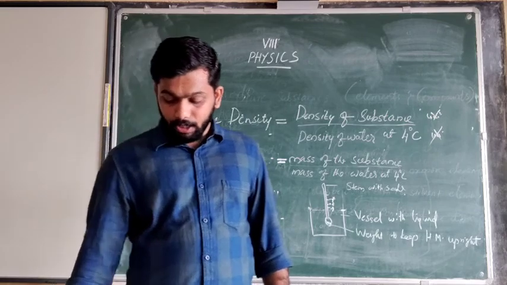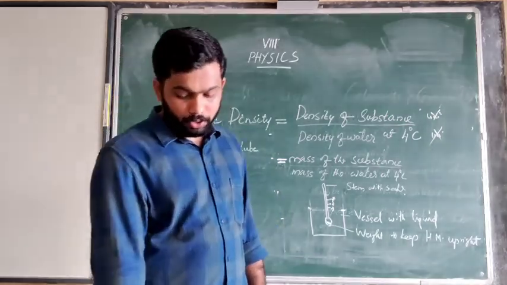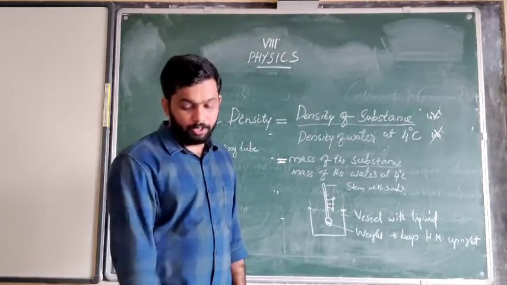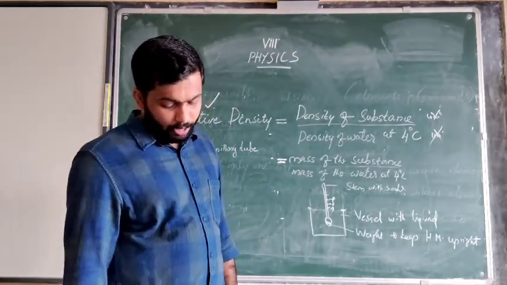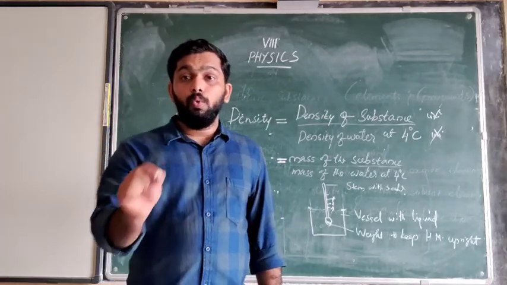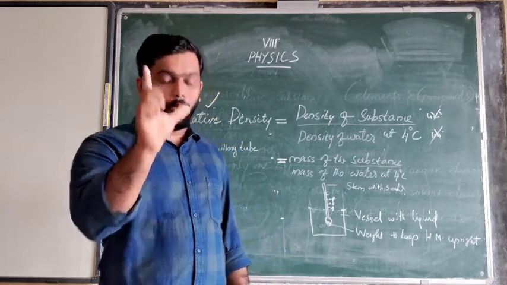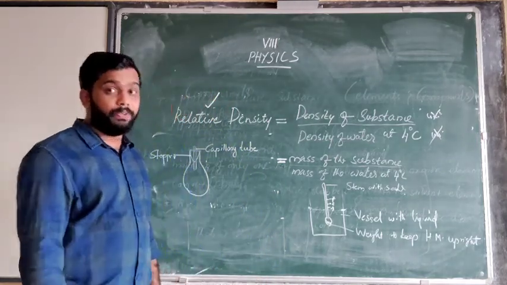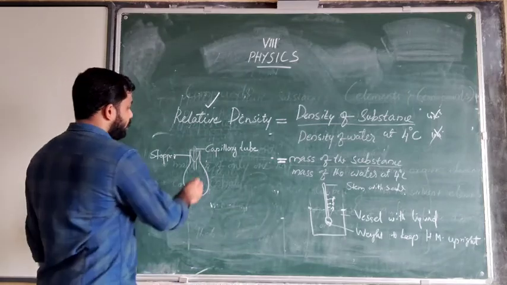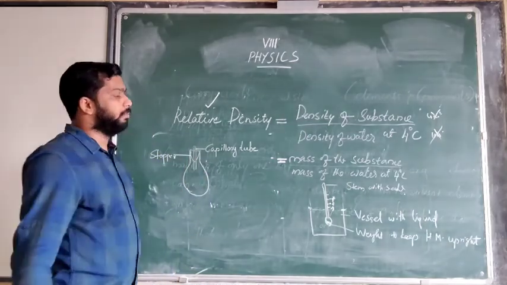On page number 19, some substances are given and the relative density is also given. You can go through that. Now next one is page number 20. You are having one activity 4: how we are going to calculate relative density with a density bottle or specific gravity bottle.